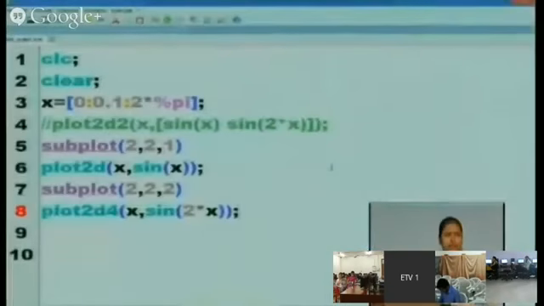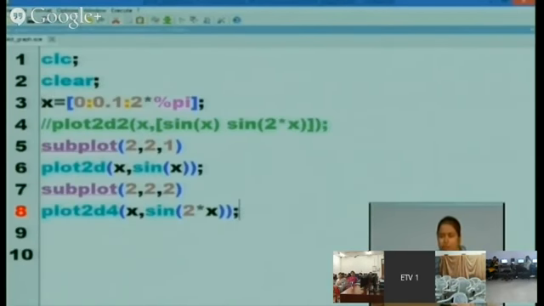Yes, what you were saying. So a lot of study material is there on the net on Scilab, and there is also a help command in Scilab. So type help then the keyword about which you want to get the information. As we do in MATLAB, help then keyword plot, plot 2D, plot 3D. So this way we can learn also.